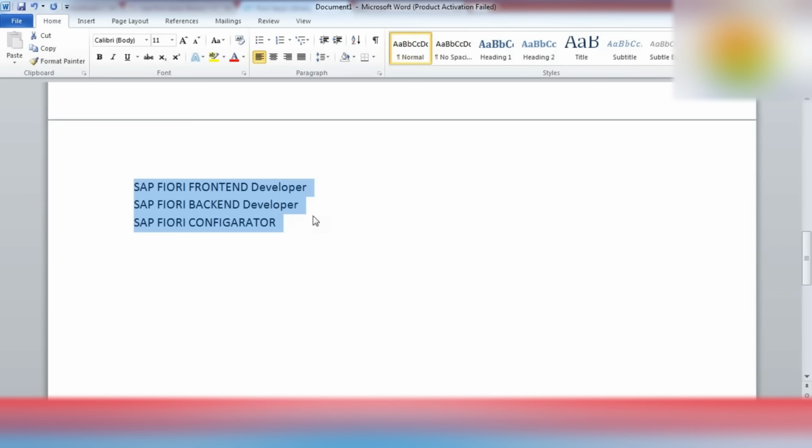But for UI5 development, the syntaxes are different. For loops, the syntax is different. For variable declarations, the syntaxes are different. But for the OData part, it is mostly similar to ABAP only. You just need to know some object oriented concepts, some class methods concepts, and normal ABAP.